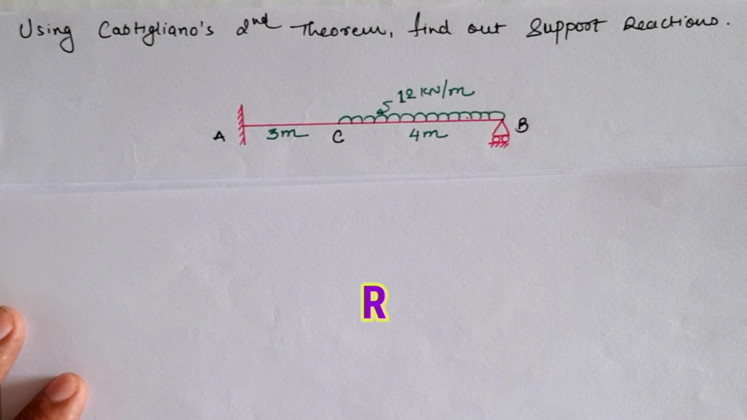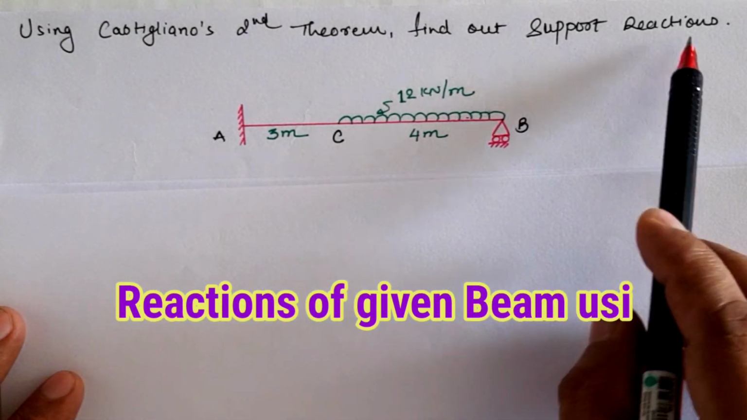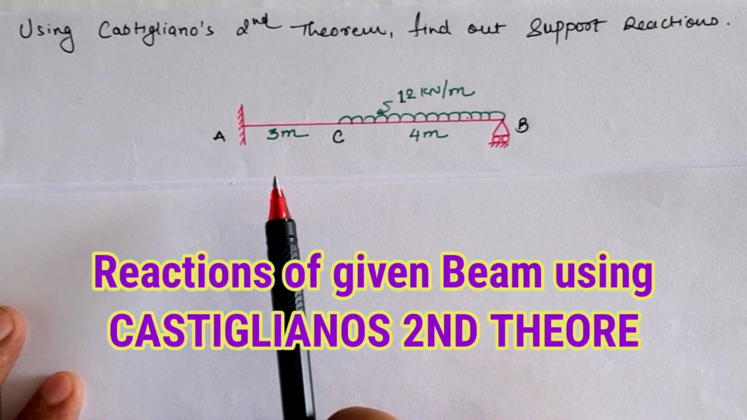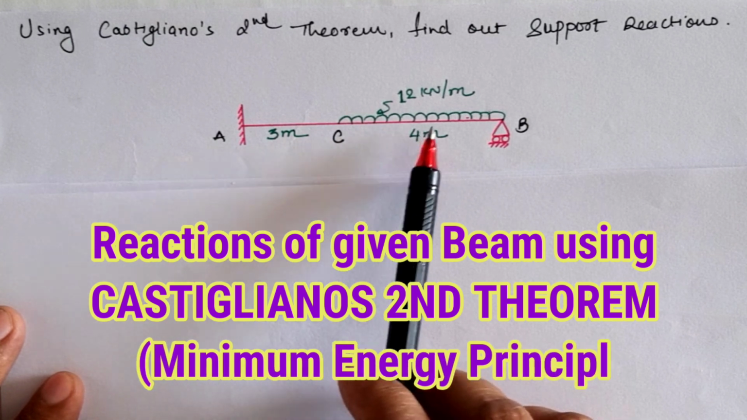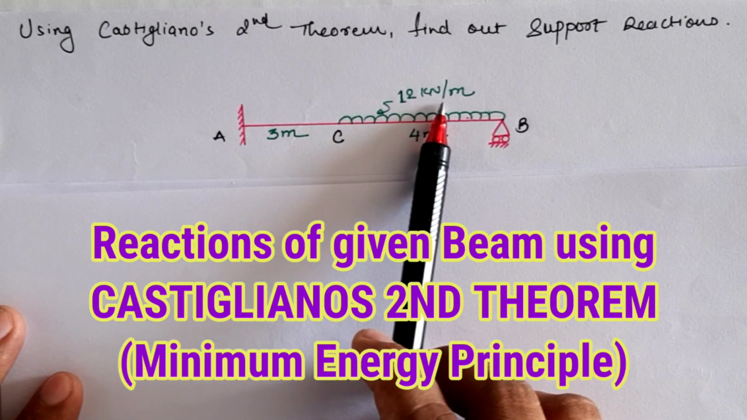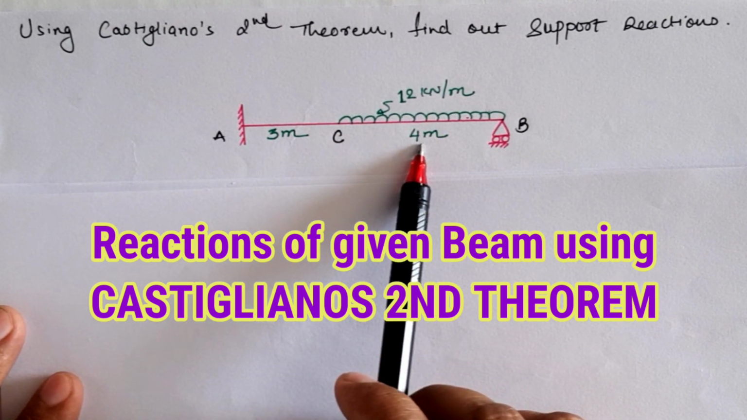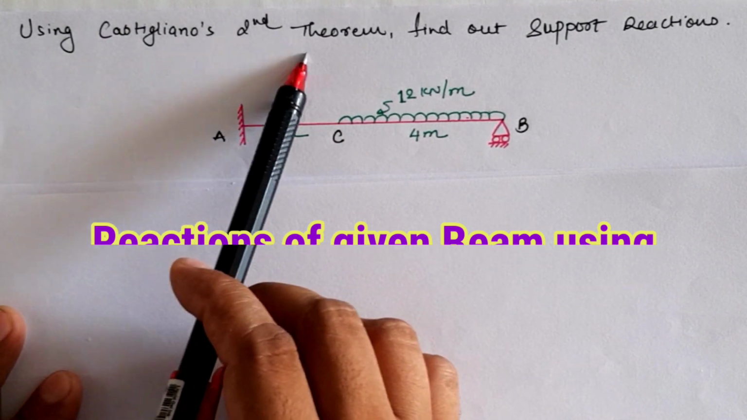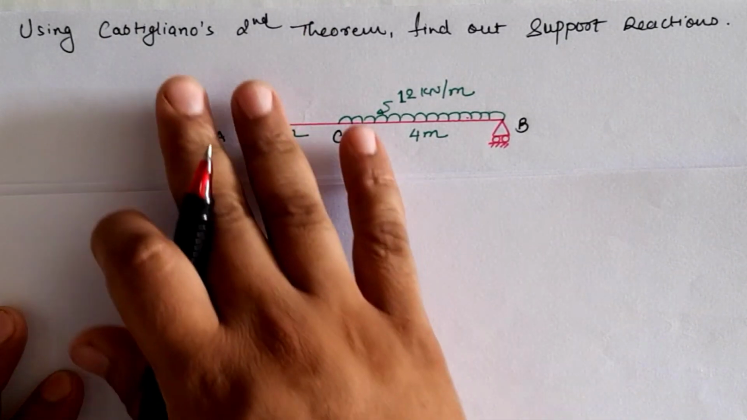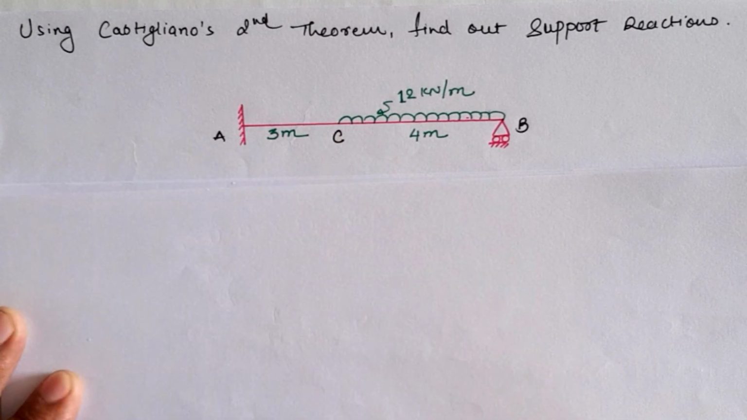Hello friends, today we are going to calculate the support reactions of the given propped cantilever beam, which is partially loaded with 12 kN per meter over 4 meters of the beam, using Castigliano's second theorem. According to Castigliano's second theorem, we first have to select the reaction which is going to be used